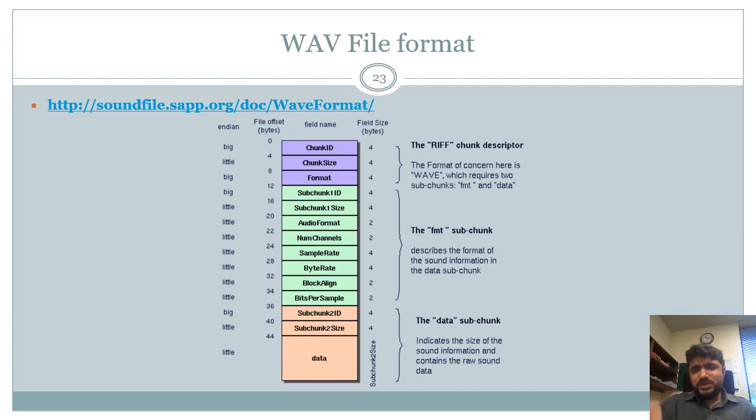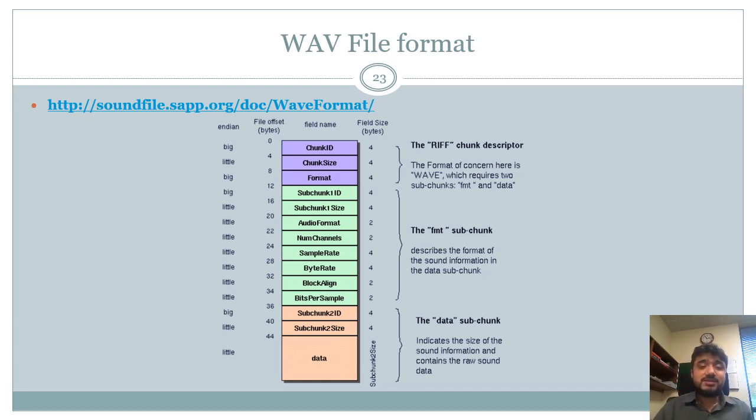I won't be going into any details of this, but now you know that you can represent a speech file or an audio file as an array, which could be written also to a file. Here you have an example of a WAV file format, the Microsoft WAV file format. You would need to learn this, and you would be processing your audio files as WAV. This is the simplest and lossless method of storing your files, and obviously it produces comparatively bigger file sizes, but